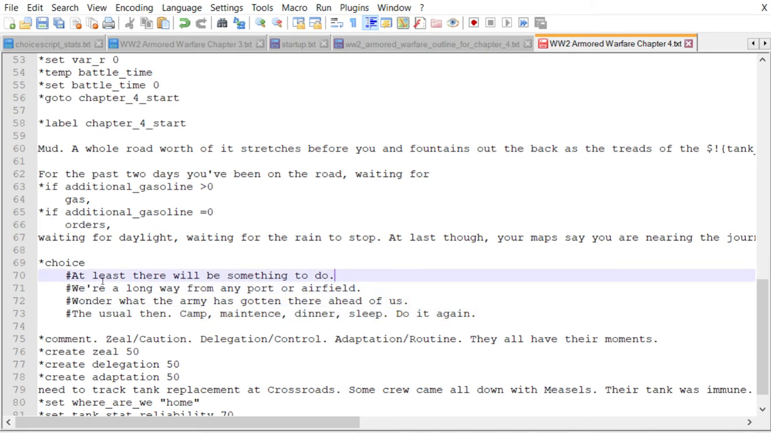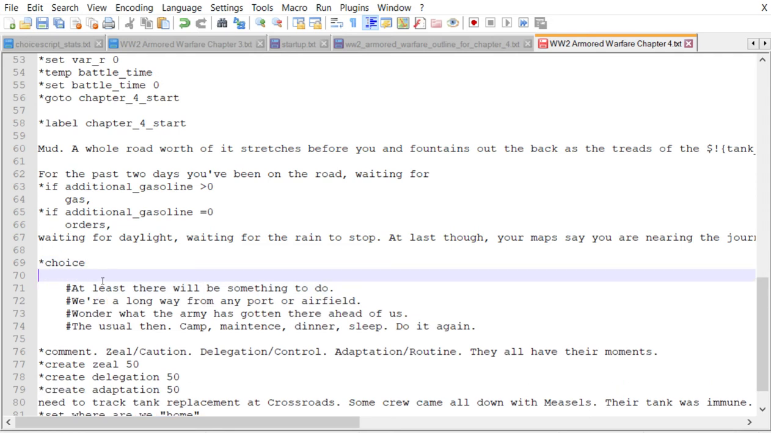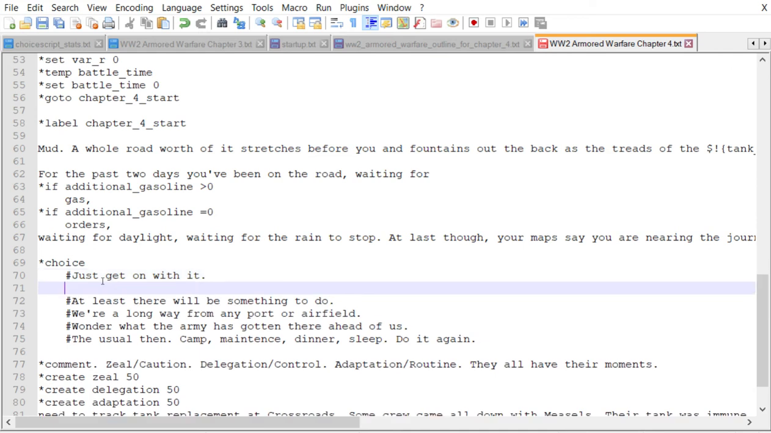Now, I also need a null choice for people who don't care, because, well, they don't really care. So, at least there will be something to do. Say, just get on with it. And that's kind of the null. Like, I don't want to change my zeal, delegation, or adaptation. All right, so just get on with it. And with that, we will then go to